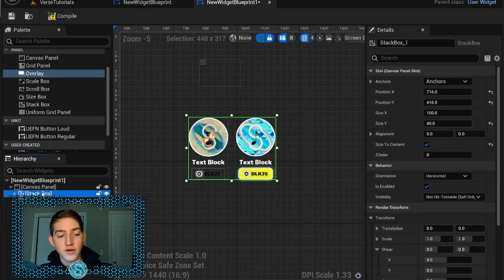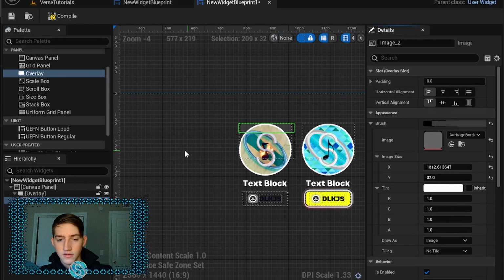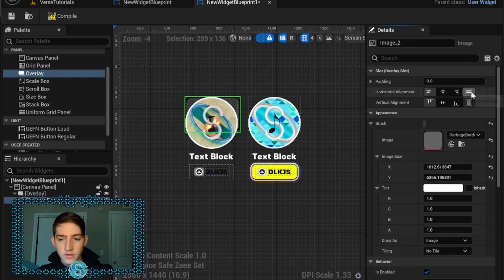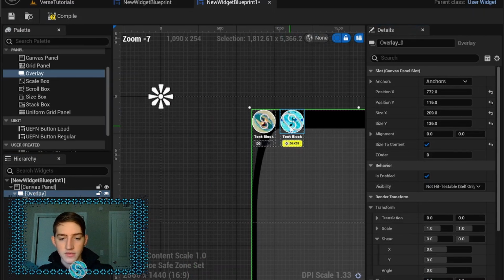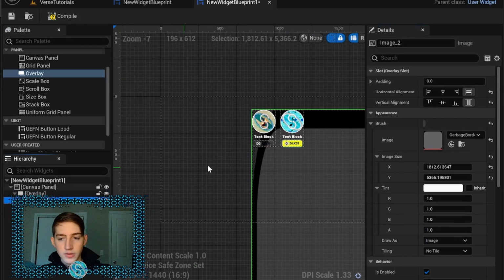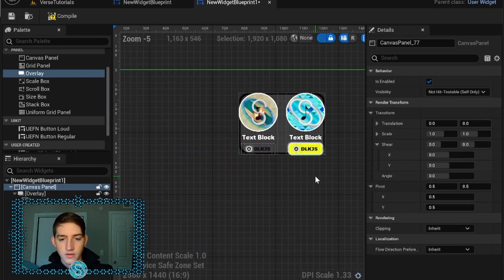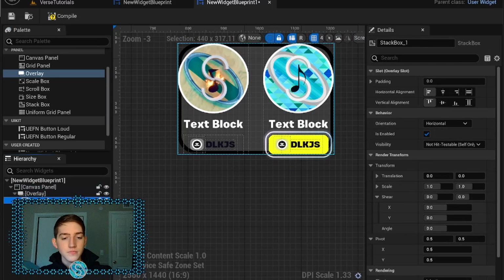Prove or disprove that. So let's put our stack box, the big one, and the image in this overlay. So let's adjust our image size. And let's do fill. I want our overlay to size the content so that it fills our content. And our image, keep it a normal size. Like that. That looks good. Yeah, you see the stack box was lower on the overlay, so it appeared at the very top, instead of the border appearing above. So this is decent,